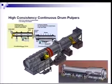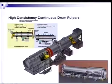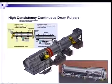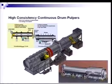This is the chute by which we add the pulper bales, or the pulp bales. They need to be broken apart and dewired first, so no wires are allowed in the drum pulper. So the individual sheets of paper, that is the boxes or the newsprint or whatever it is, has to be loose paper that comes into the chute. And it comes into the pulping section, and you can see the lifters here on the inside of the shell